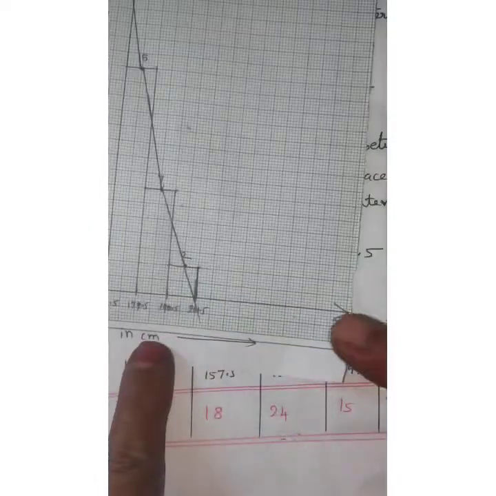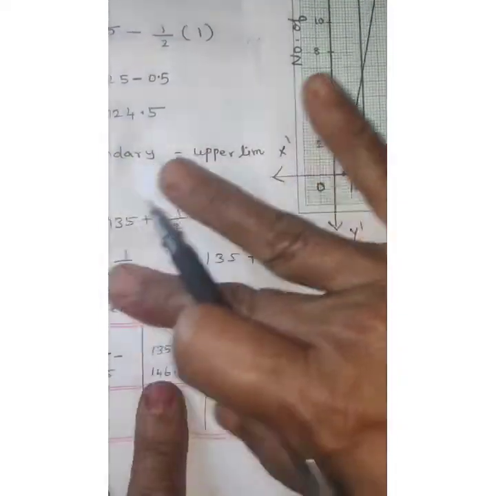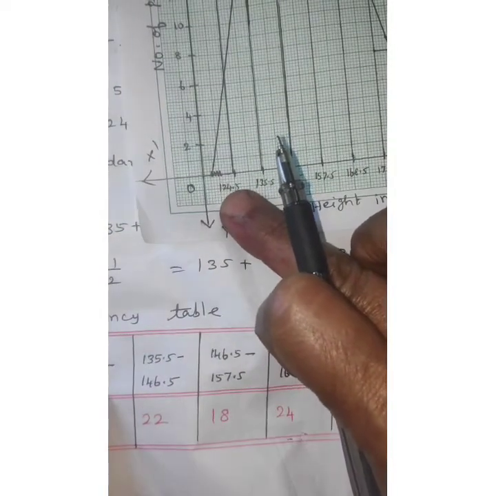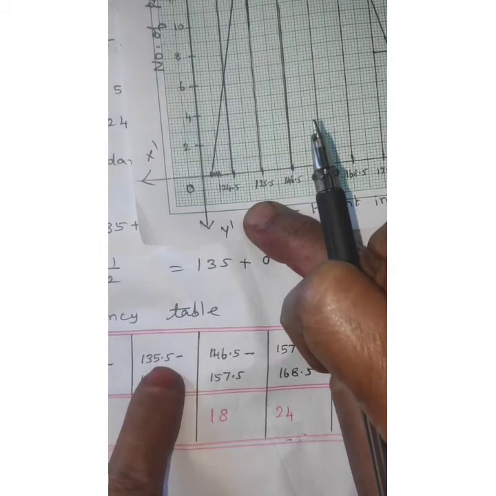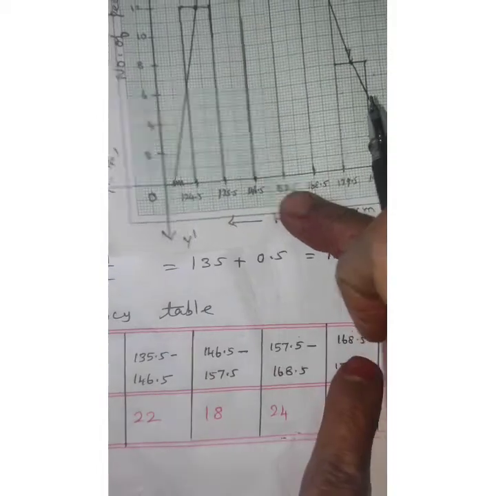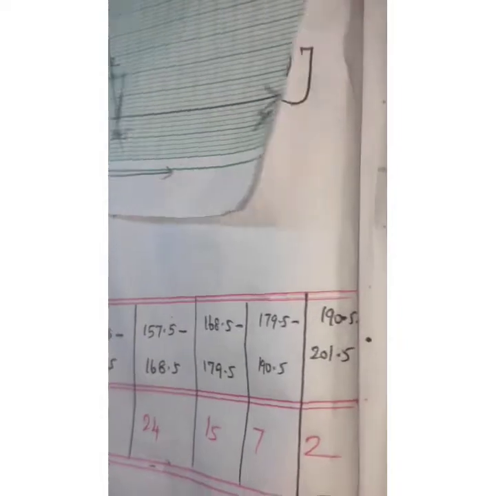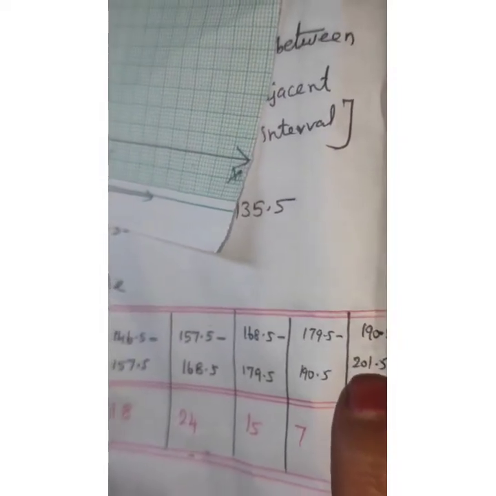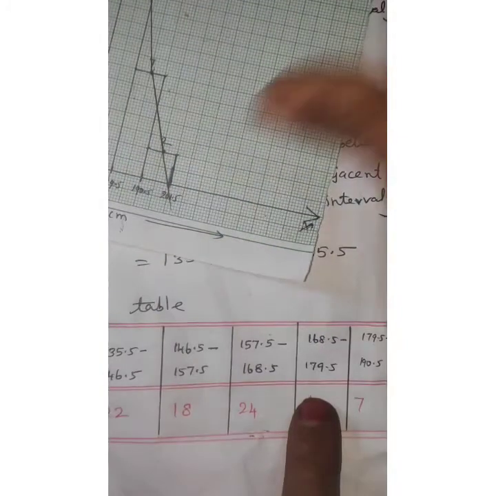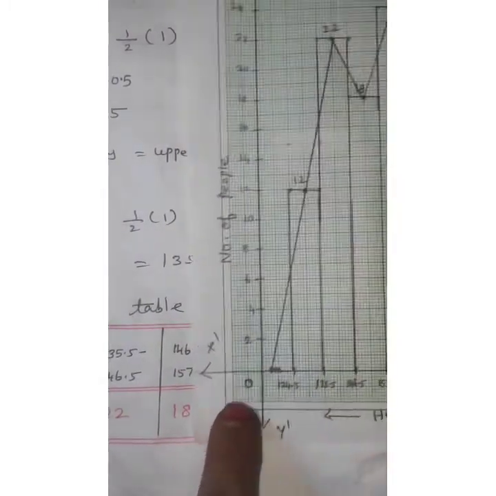First you write it here, x, x dash, y, y dash, number. Second table from start the number is 124.5. This number only want to start here, 124.5. Next 10th line, 135.5, 146.5, 157.5, 168.5, 179.5. Last one is 190.5, 201.5. This all the number right after. Here write it the frequency 246.